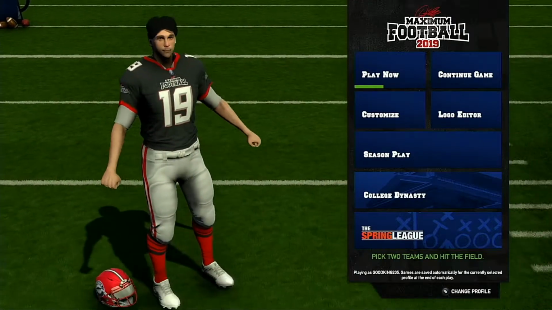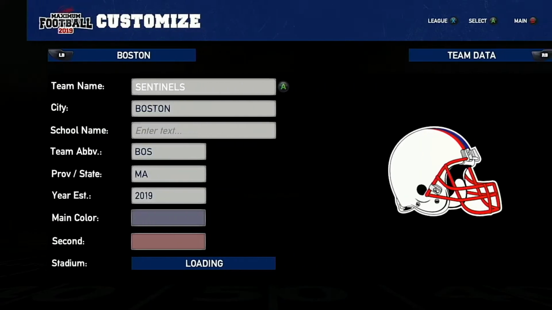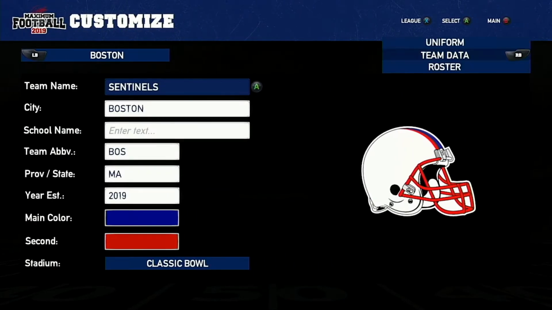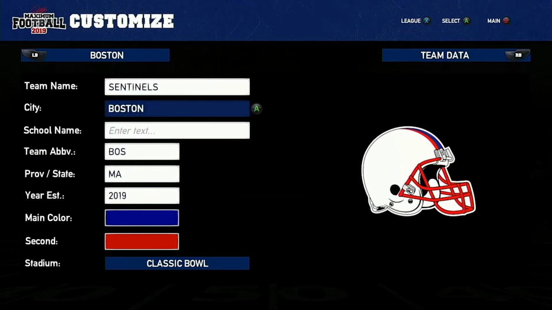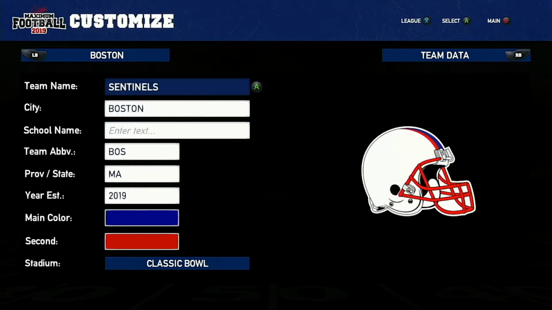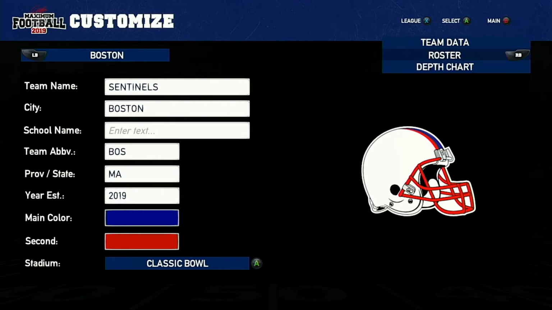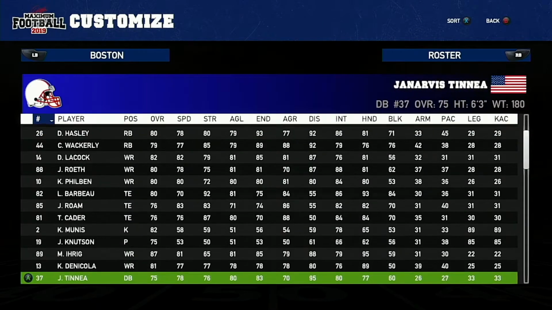As you see, you've got your standard exhibition here, which is the play now, the customize. Let's get right into the customization here. The customization of this game is one of the best customization systems I've seen in a football game. Honestly, it reminds me a lot of the NHL games that EA makes with their in-depth custom team editor. You can go in here, as you can see, we're in team data. You can choose from any of the teams in this. Change your team name, your city, your school name, abbreviations, state, the year it was established, color scheme, the stadium style. You then go into roster, and you can just take a look at everyone that's in your roster here,